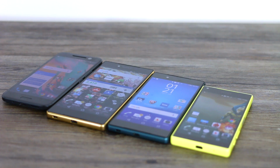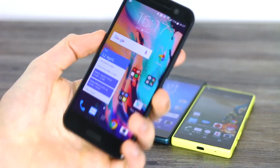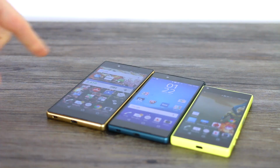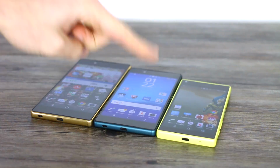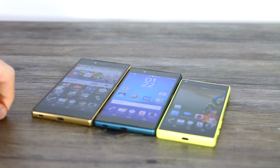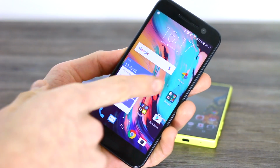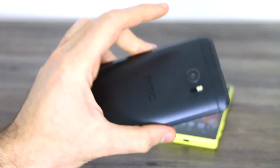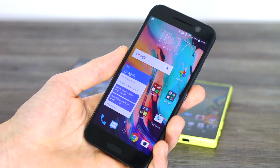Hey guys, Basil here with BTech, comparing the HTC 10 with all the Sony devices. Okay, just the Z5 series. We've got the Z5 Premium, we have the Z5, and we have the Z5 Compact. 4.6 inches, 5.2 inches, 5.5 inches, 720p, Full HD, 4K. Yep, ridiculous. That's compared to the 5.2-inch 2K display on the HTC 10, not M10, not M110, one M10, just